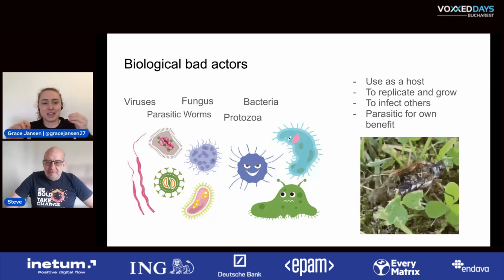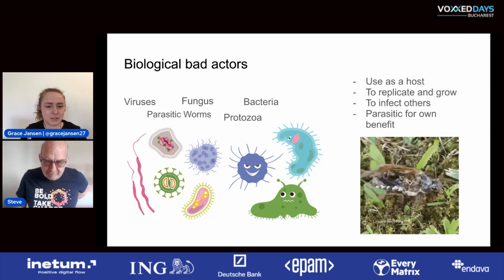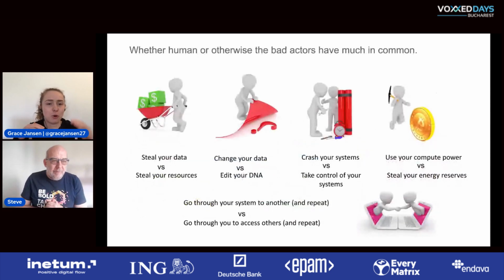So you can start to see some of the parallels coming in here. So let's take a closer look at those parallels. So Steve showed you before all of these reasons why bad actors are trying to get in. And as I said, really similar in biology. So where Steve said they're going to steal your data, yeah, parasites, bacteria, etc., they're stealing our resources, whether that's the cell machinery to replicate or our own energy. Changing your DNA.